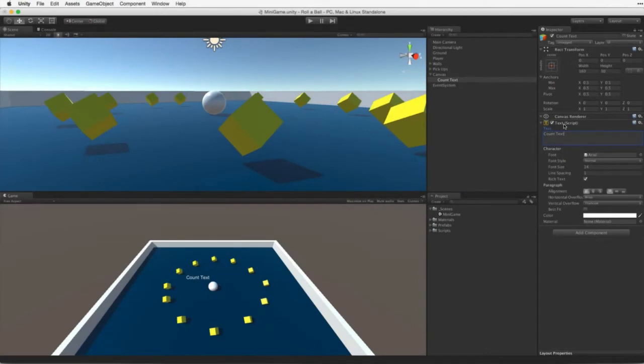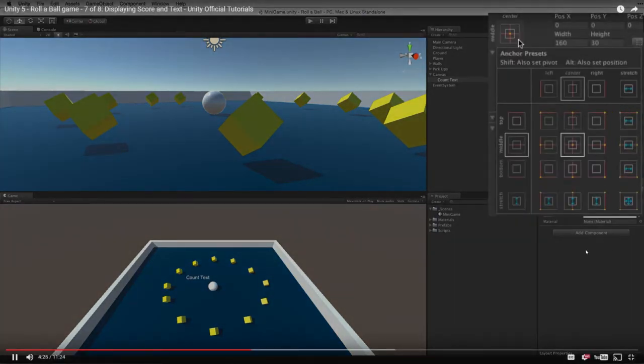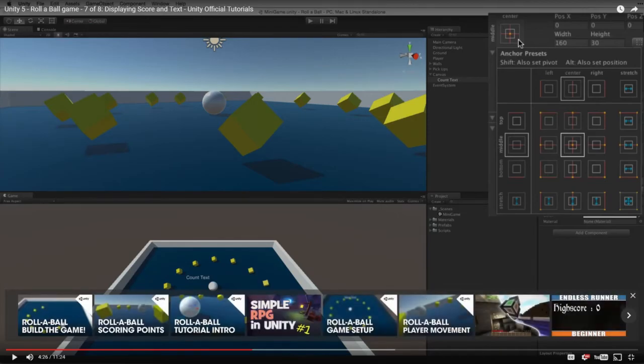One of the easiest ways to move the count text element into the upper left is to anchor it to the upper left corner of the canvas, rather than to its center. To do this, open the Anchors and Presets menu by clicking on the button displaying the current anchor preset. When we re-anchor this text element, we also want to set